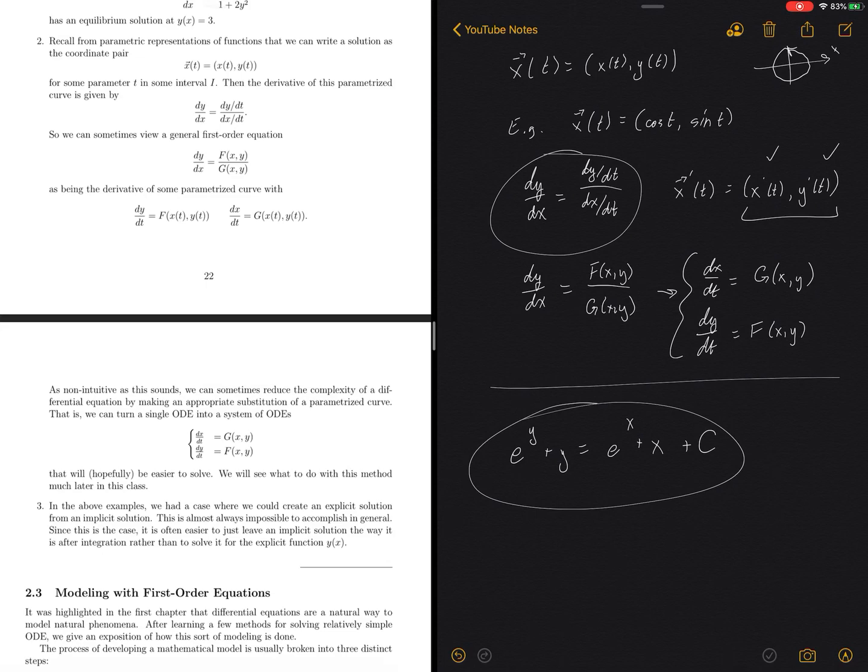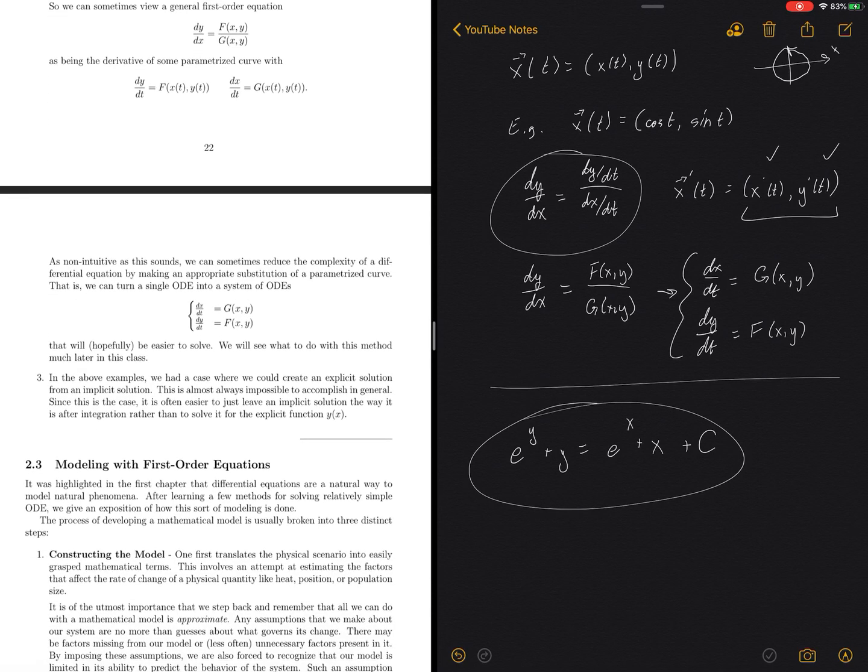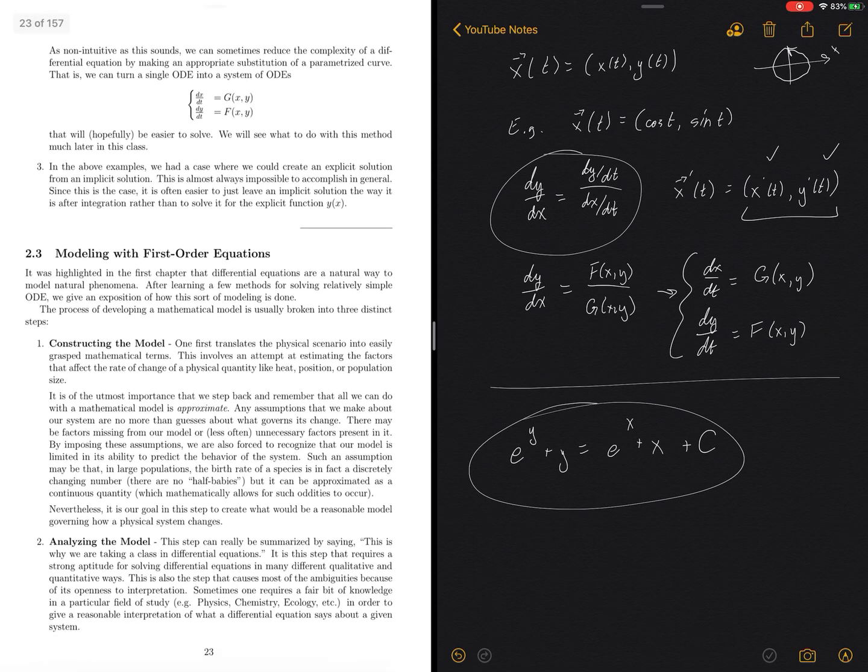In the next video, I'll tell you a little bit about how the modeling process works and how you devise a differential equation to study a physical phenomenon. And I think this is one of my favorite lectures of this series. I really enjoy